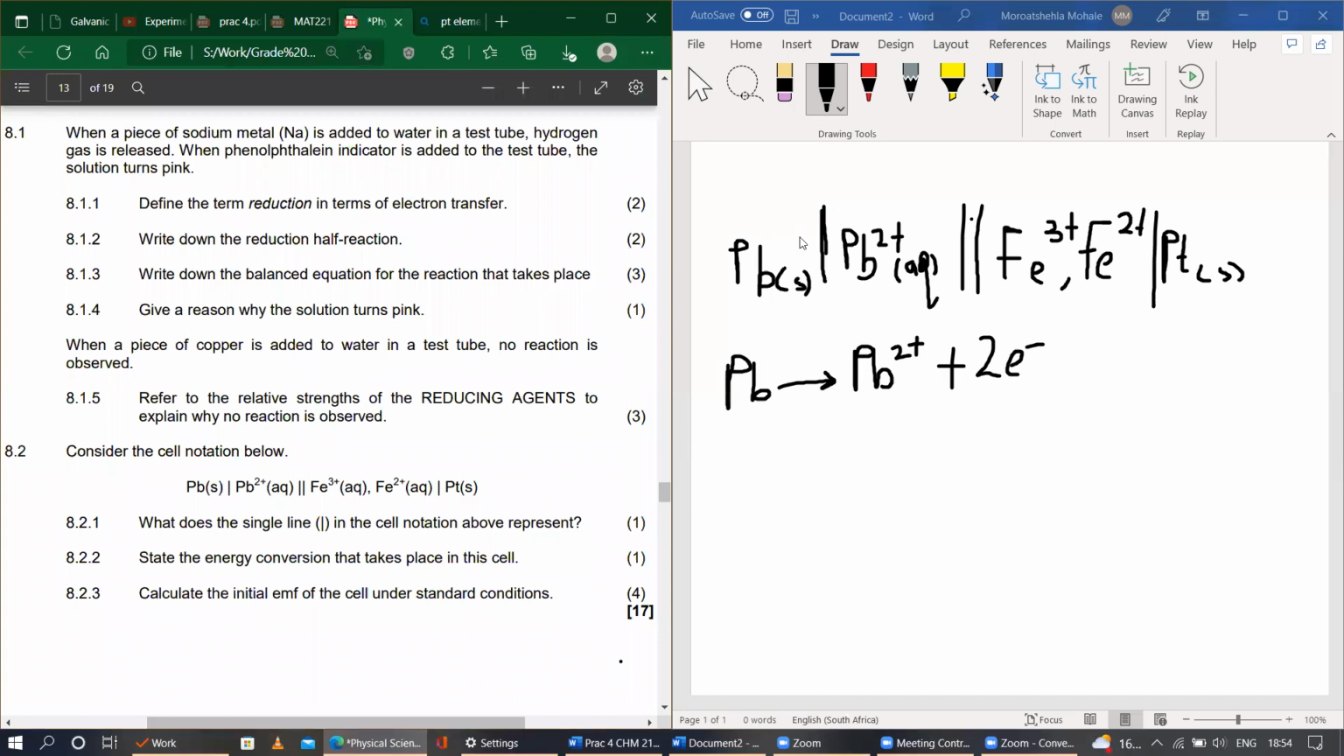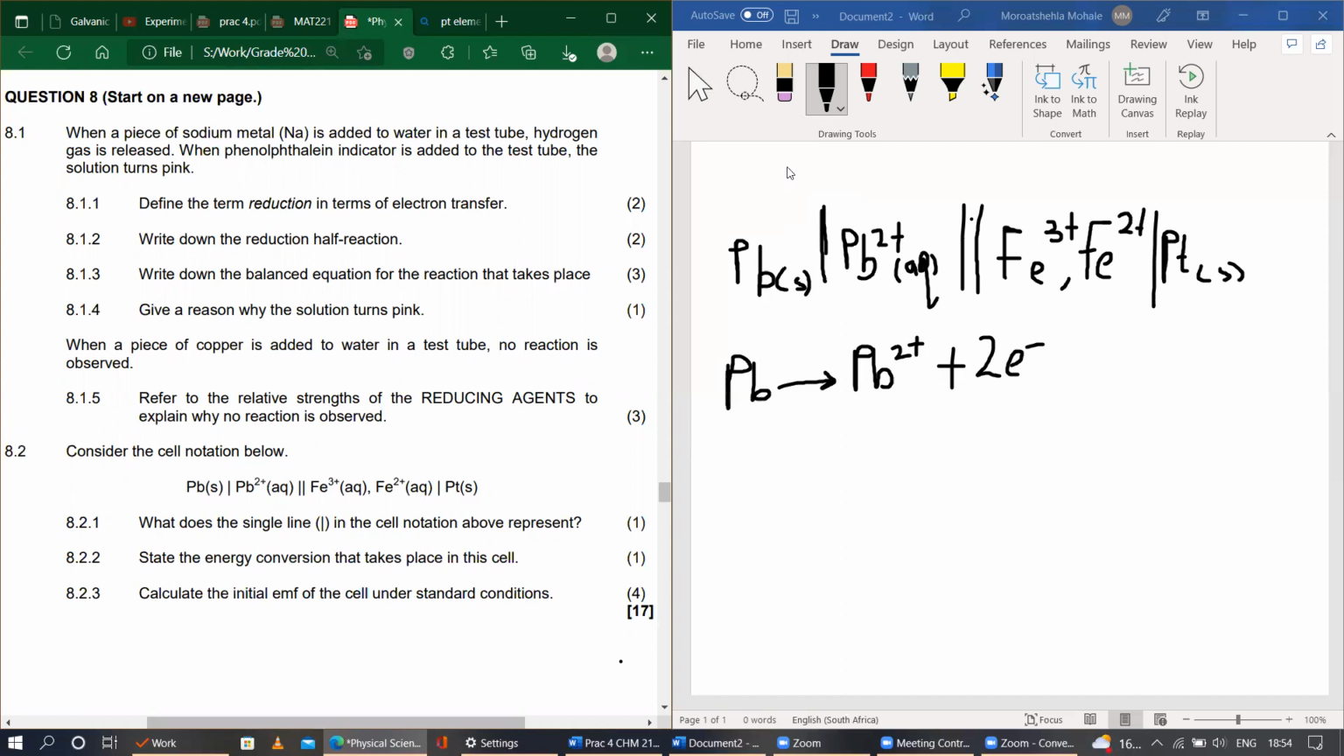So basically, this line means that the metal is going to get oxidized, or is changing from this to this. That's why they asked what the single line in the cell notation above represents. Then they're going to ask you for the energy conversion that takes place in the cell, which is chemical energy to electrical energy. Then they say state the initial EMF of the cell under standard conditions. So the initial EMF, they basically want the electric potential of the cell. So that is equal to E cathode minus